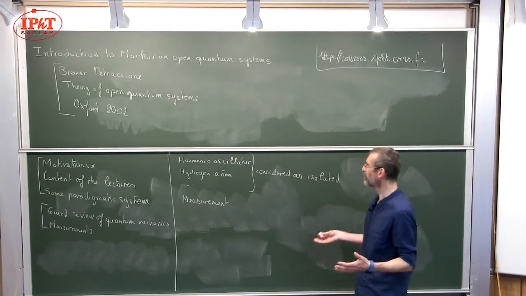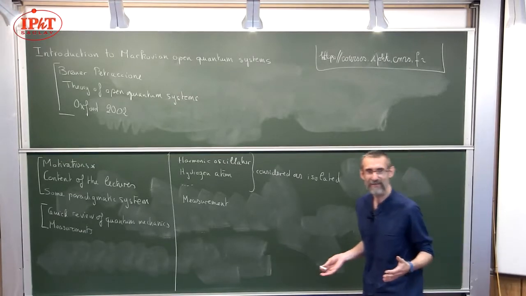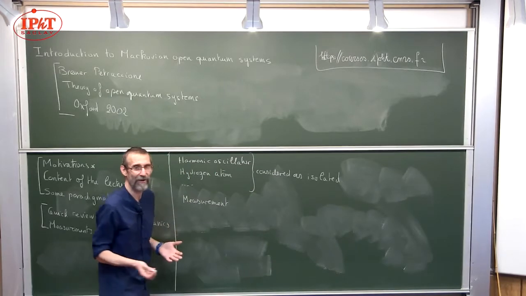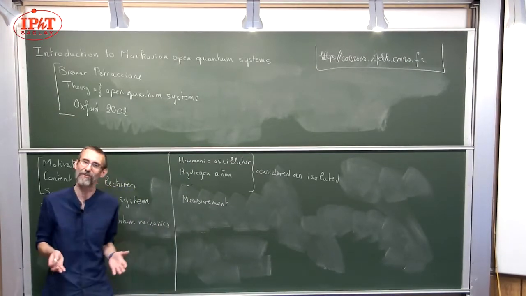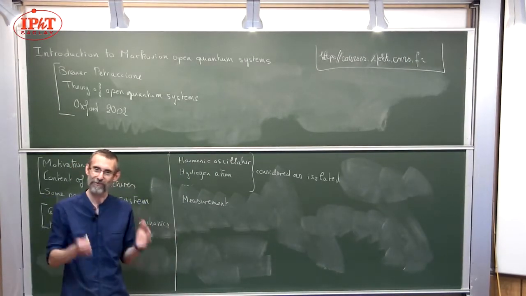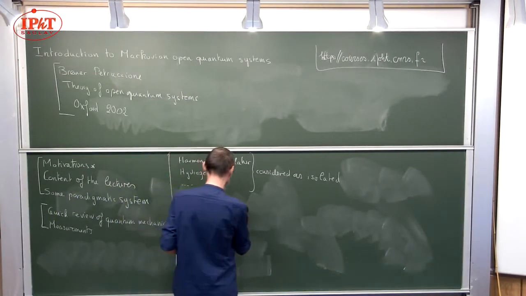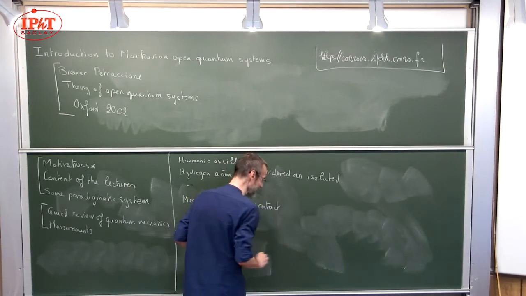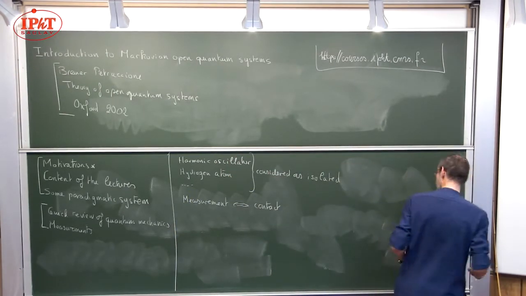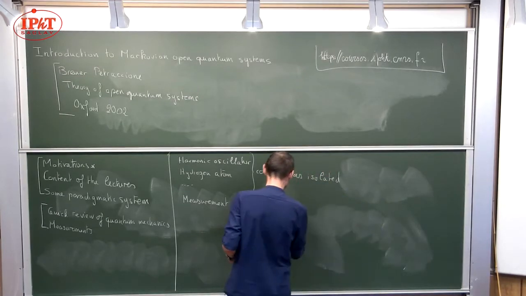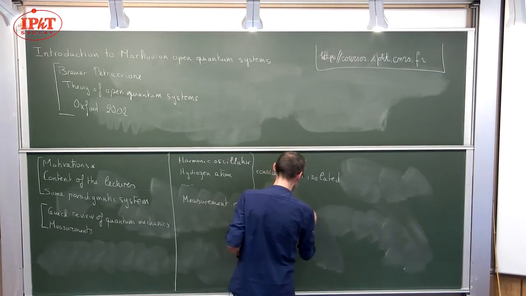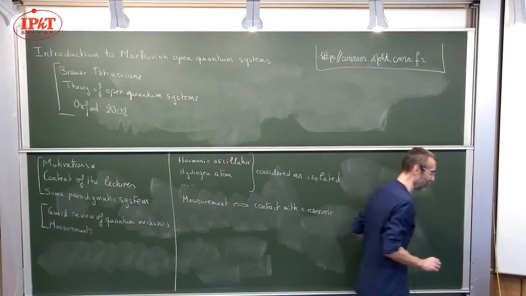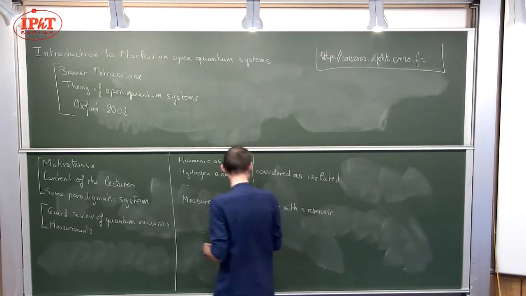And in fact, one of the messages I would like to convey during these lectures is that for Markovian open quantum systems, being in contact with a reservoir or being subject to measurements is exactly the same thing. So measurements and contacts with reservoirs are basically the same thing. If there is only one thing to remember about this lecture, it is that this is the same as being in contact with a reservoir, or even with several reservoirs, if you want. Or being open.